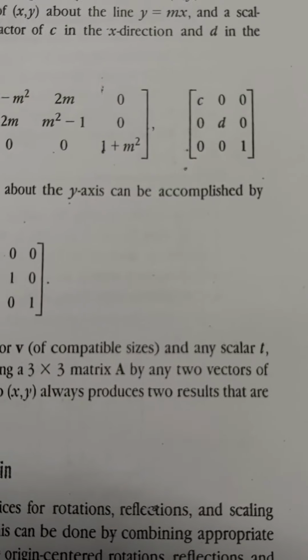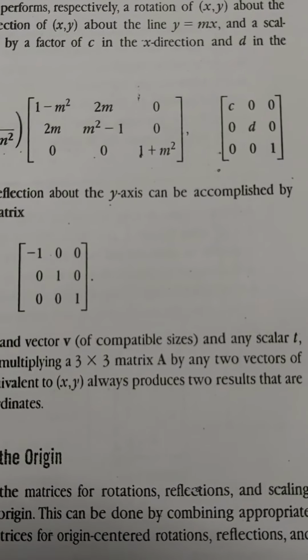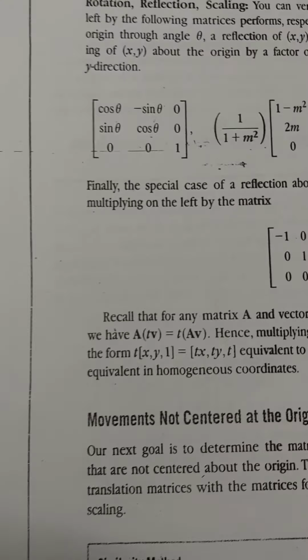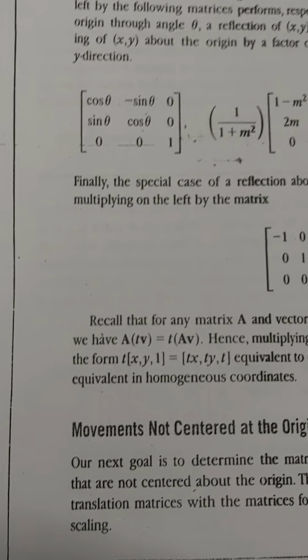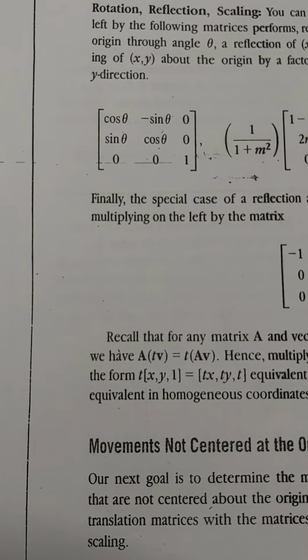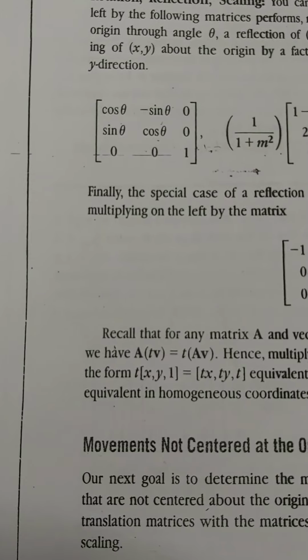Okay. Note that what we have done is nothing but change this 2 by 2 matrix into 3 by 3 matrix. Here we have introduced one more column and one more row. Here also one extra column and one extra row. Here also [0, 0, 1] as extra row and column. If reflection is about y axis, we will multiply by this matrix. Clear?